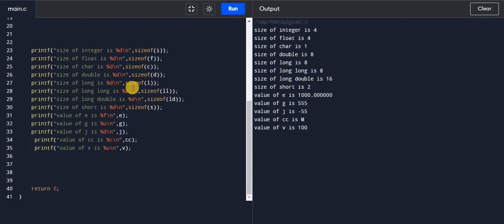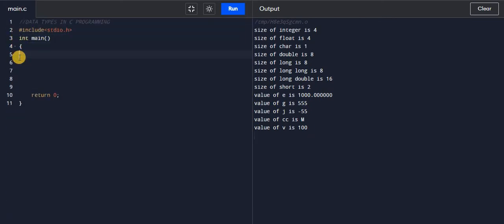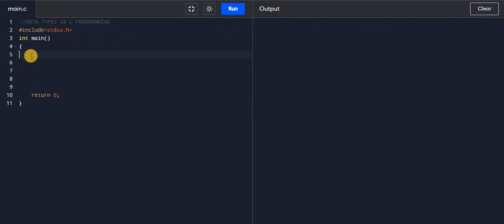Now we will discuss some more points related to these data types. So if I erase this, and now I will define integer a equal to 10 and float b equal to 5.55, and if I print these values with format specifiers like this: the value of a is, format specifier for the integer value is percentage d, and value of b is, format specifier for the floating point is percentage f.